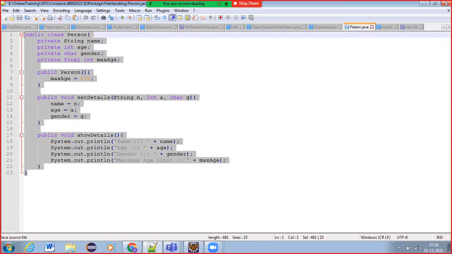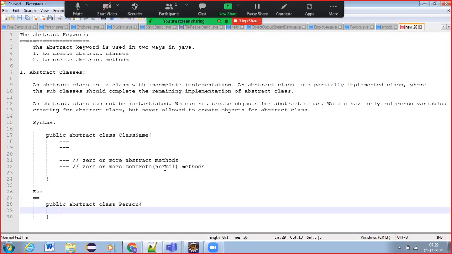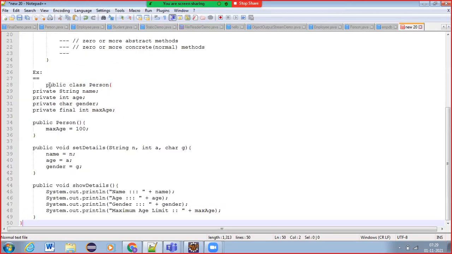Person class. Normally, the way you write in any other programs, in a similar way you can write the person class, and you can mark this person class as public abstract class Person.